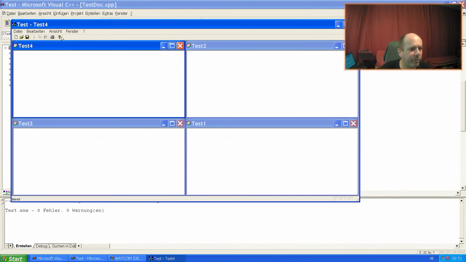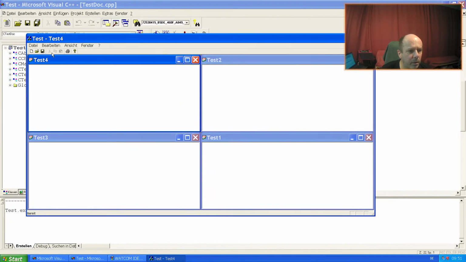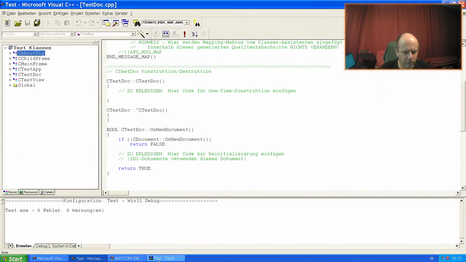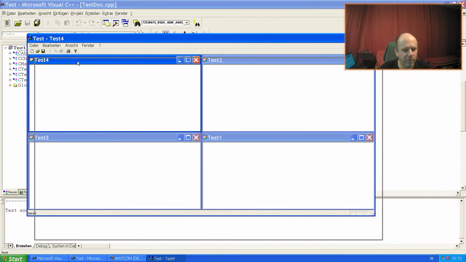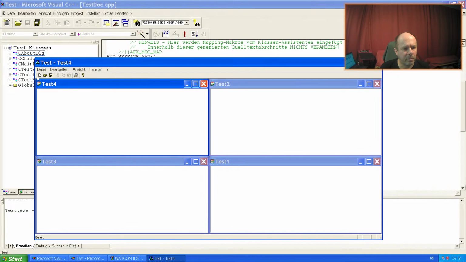So I have no artifacts. I have some little differences in the toolbar. So the MFC library from Visual C is better implemented, probably a newer version than those I have had in Watcom.